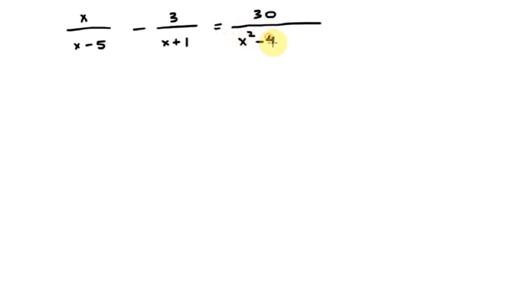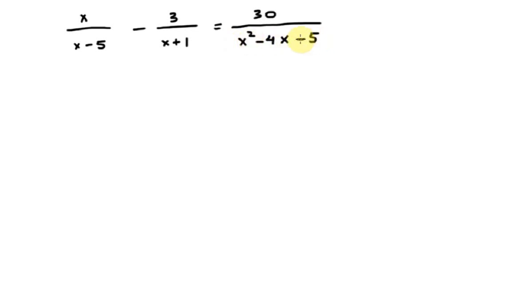So we've got x divided by x minus 5. And I got minus 3 divided by x plus 1. So this is a lot more to it, my goodness. And then we have 30 divided by x squared minus 4x minus 5. Okay. Well, before I go crazy here, I'm going to go ahead and